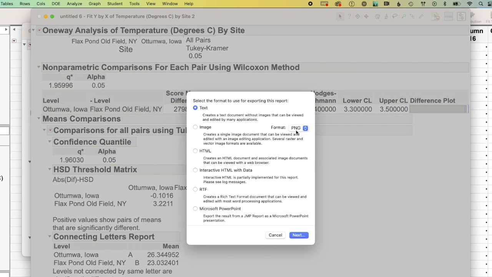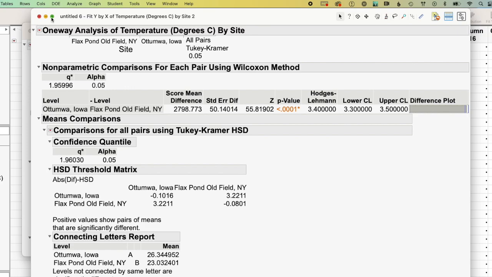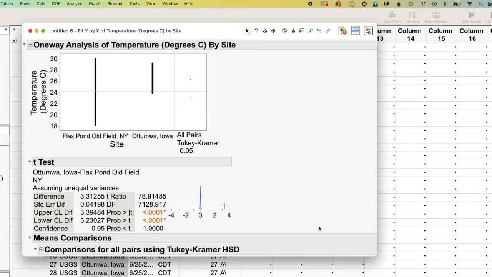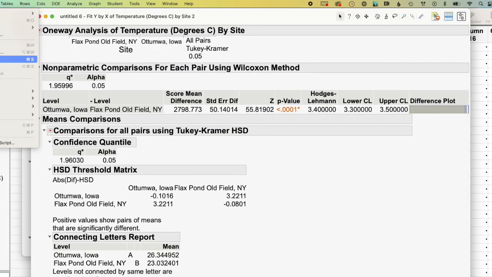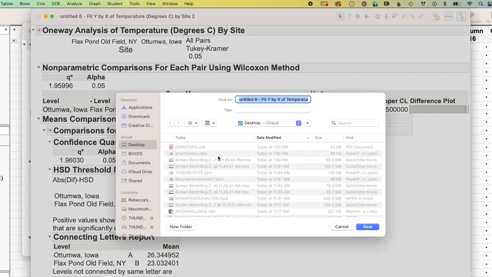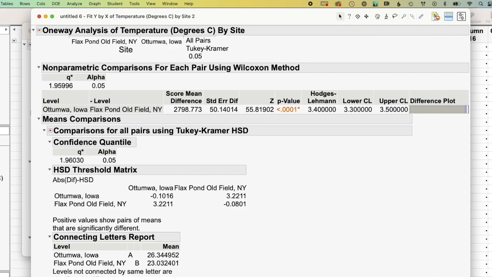So these reports I like to have students save as both a PDF, so we can export these files as both a PDF, and that way they could put them in their research logbooks. So this is the Iowa, New York data, and that could be saved as a PDF file. And then the other way of doing that too would be to save it as a PowerPoint. So each of these files you're saving as a PowerPoint file, so that you can have your students build a repertoire of their data and then share that data on